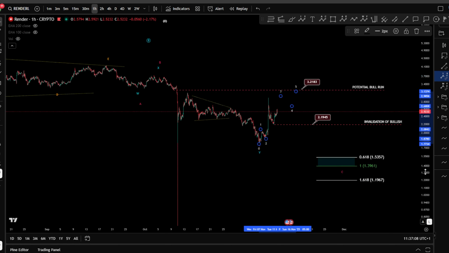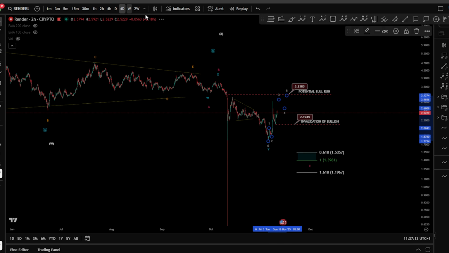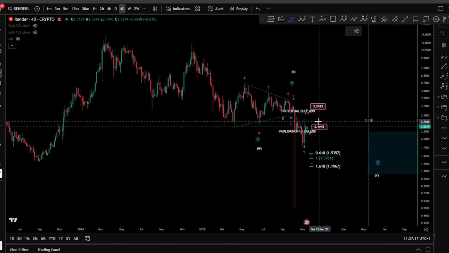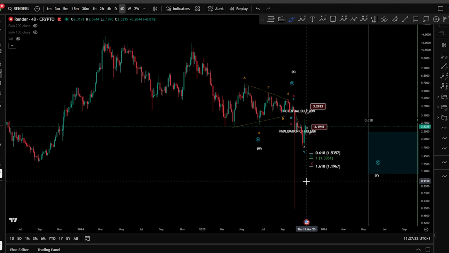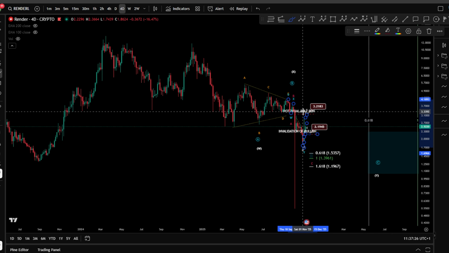Okay, so very interesting. 3.21 might be, of course, the signal for a bull run, meaning a new all-time high. Yes, it can be very likely there, especially if we take, of course, higher than this. But I believe, yes, it can be, guys. But currently, of course, we still need to wait for the signal and for the key level.